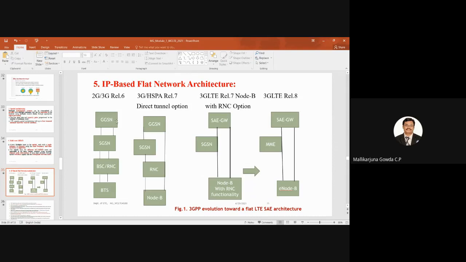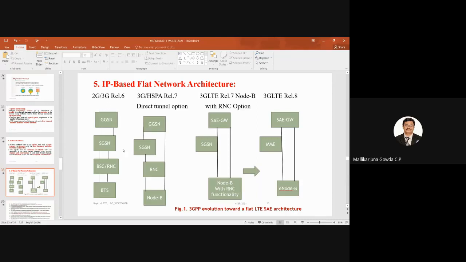So in this case, that is in case of 2G, for voice, there will be a circuit switch network. Okay, that is the mechanism which they use to carry out the voice. Means that is from user equipment, what we can say mobile equipment, to BTS. So several hundreds of BTS, that is base transceiver stations, will be controlled by one BSC, that is base station controller. Like that, several BSCs will be controlled by the MSC, that is mobile switching center. Like that, from MSC, it will go through SGSN and then through the GGSN to outside world. That is, it may be to the PLMN and other things.